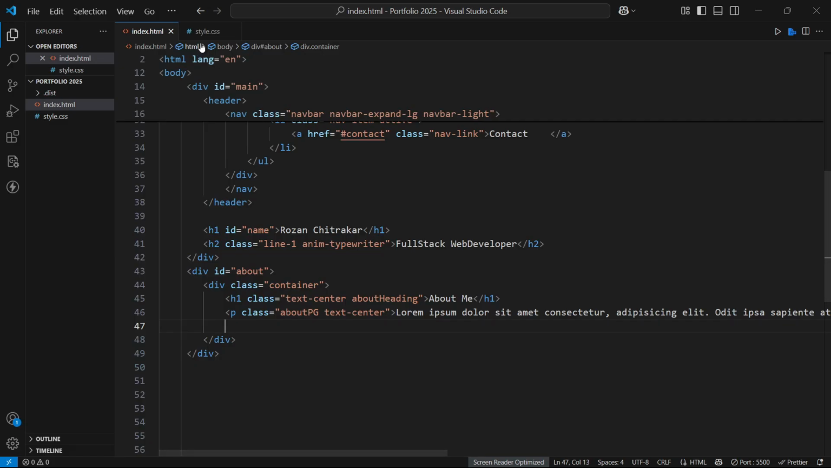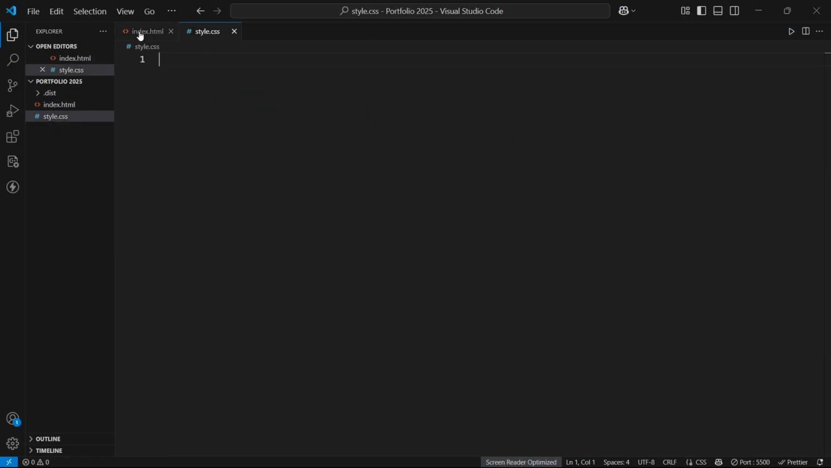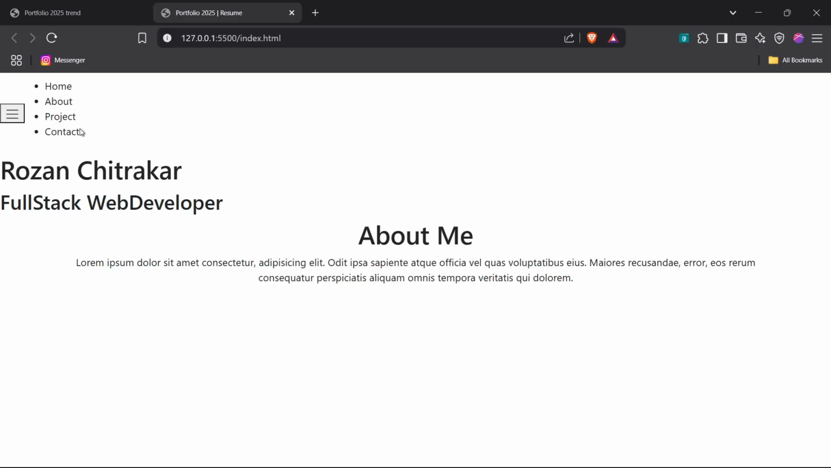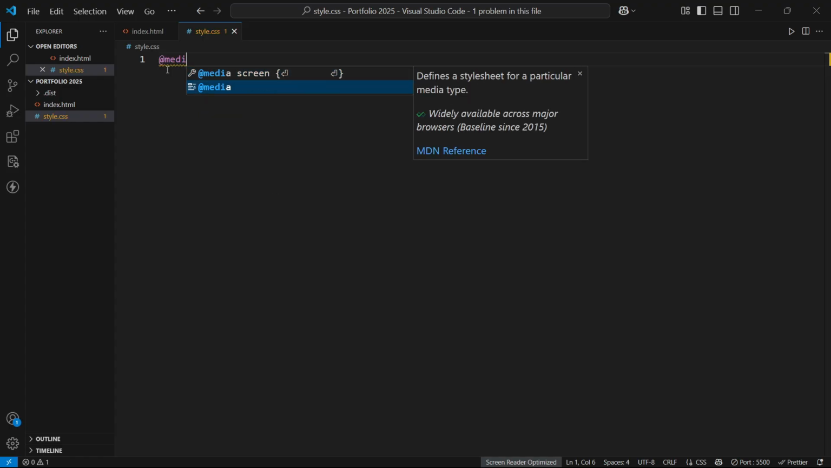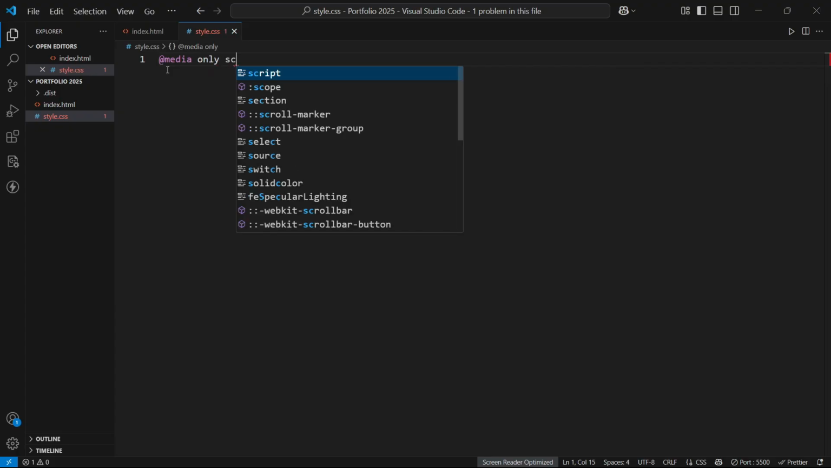So let's work on the style.css, on how to manage all of these texts. Come to the style.css. Now first we'll be working on the responsive parts. So first we'll write here a media rule on the screen,